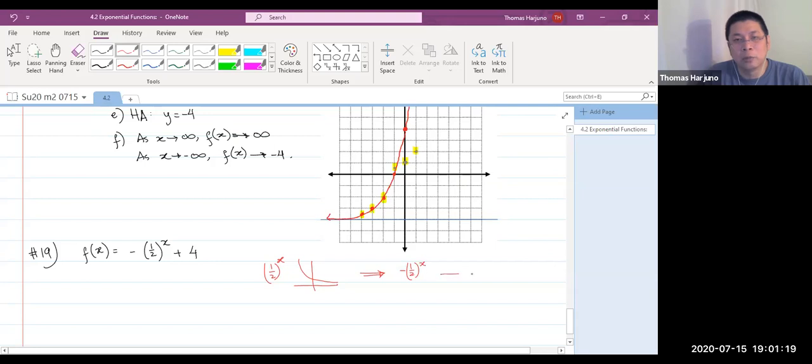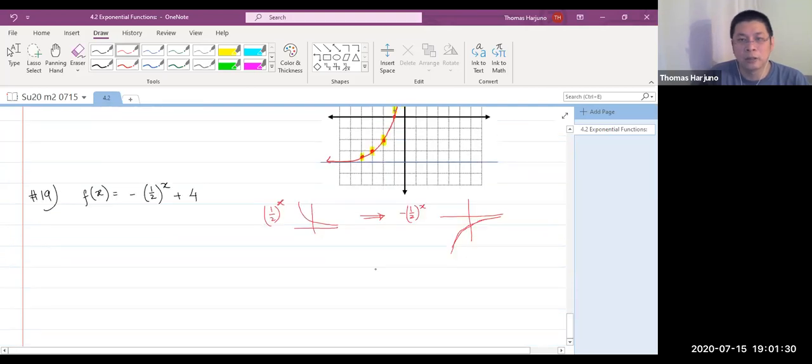Then you put a negative on the y, right? Basically, you reflect that with respect to the x-axis. And then when you add 4